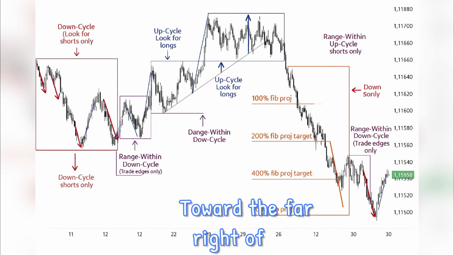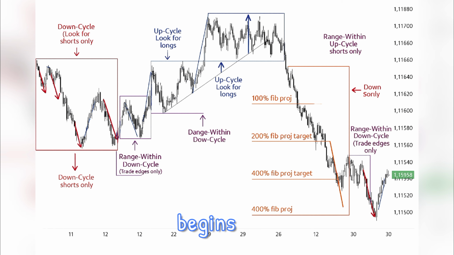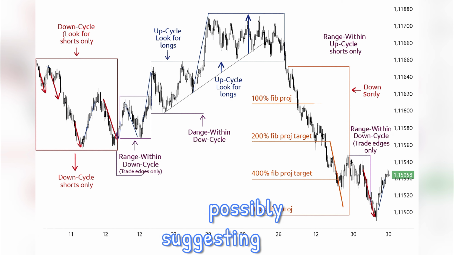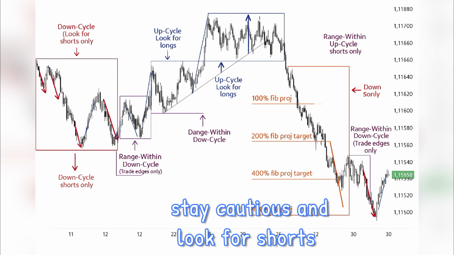Toward the far right of the chart, we see a final attempt to break lower, but price begins bouncing, possibly suggesting another phase of contraction or early signs of reversal. But remember, as long as price remains in the down cycle, smart traders stay cautious and look for shorts only